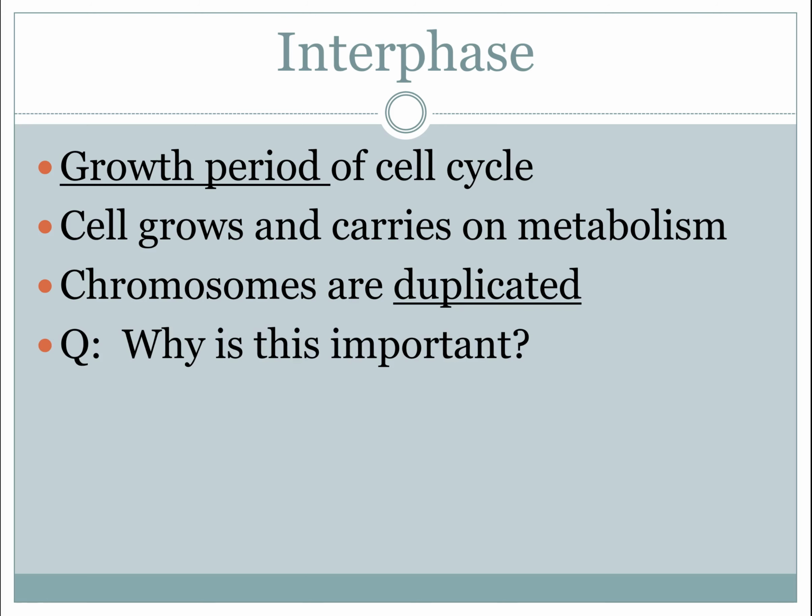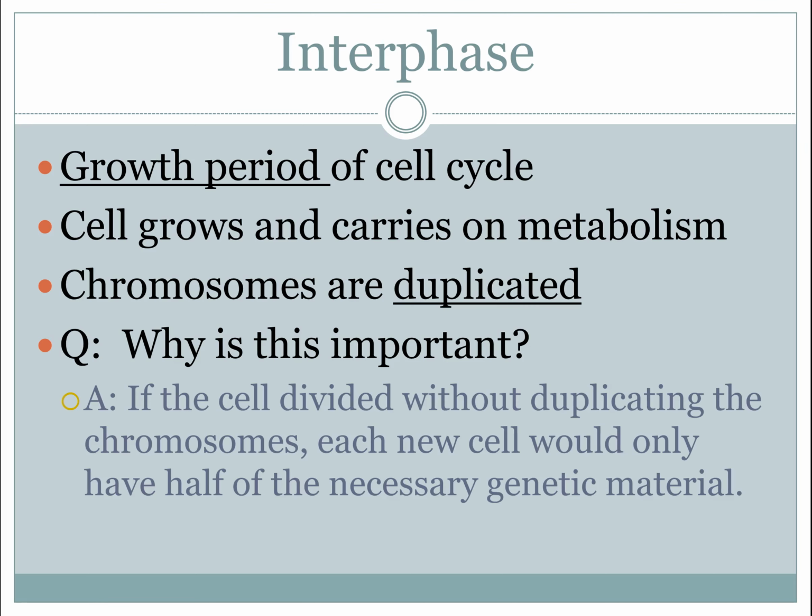And so let's talk about why that's important. Why do the chromosomes need to be duplicated at all? If the cell divided without duplicating the chromosomes, then when you had two cells at the end of the cell division process, each new cell would only have half of the necessary genetic material. And that would be